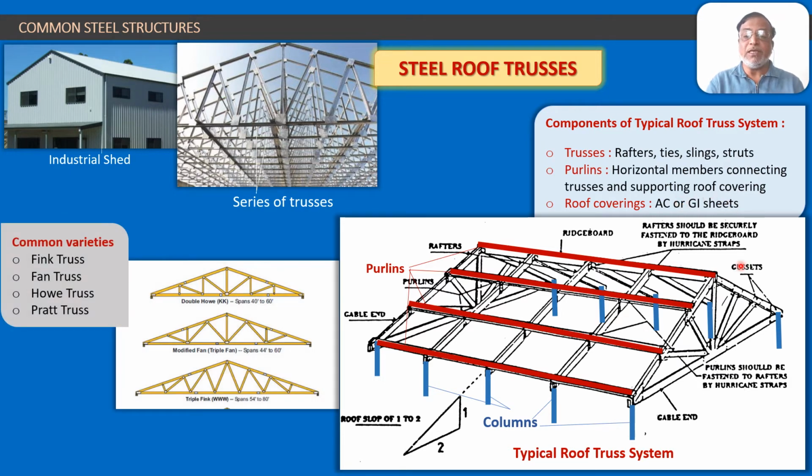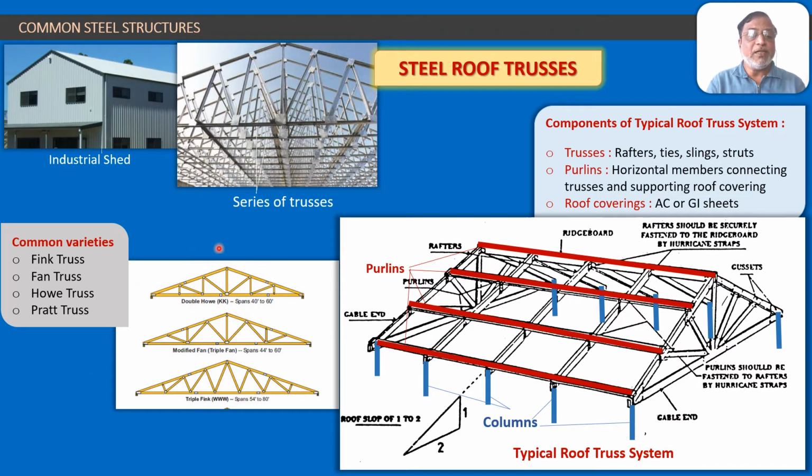Now this truss frame which we saw here can have different internal geometry and different configurations of members. These are only 3 examples shown. Common varieties of roof trusses are Fink truss, Fan truss, Howe truss, Pratt truss. All these names, Howe, Pratt, are probably due to the names of the engineers who used those trusses. Many such varieties of roof trusses also exist. You can take a look on Google and find the different types of trusses.